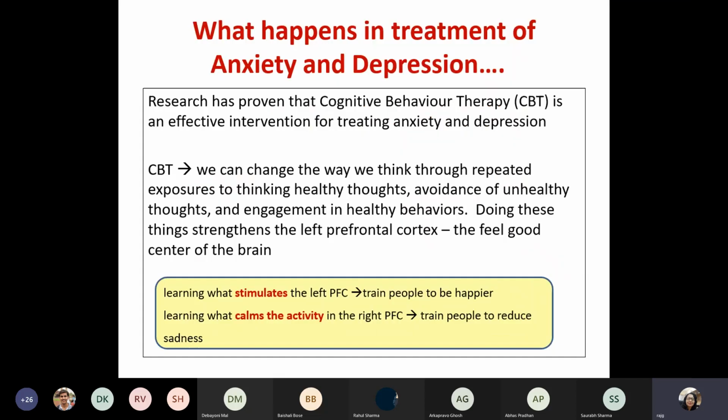Now, I was saying that, well, it's not too far-fetched. Actually, you can train the brain to feel good. CBT, a therapeutic form called cognitive behavior therapy, is actually practicing this. In CBT, we believe that cognition, behavior, and emotion are interlinked, and you can influence one to affect the others. So if you train one, it will influence the others.